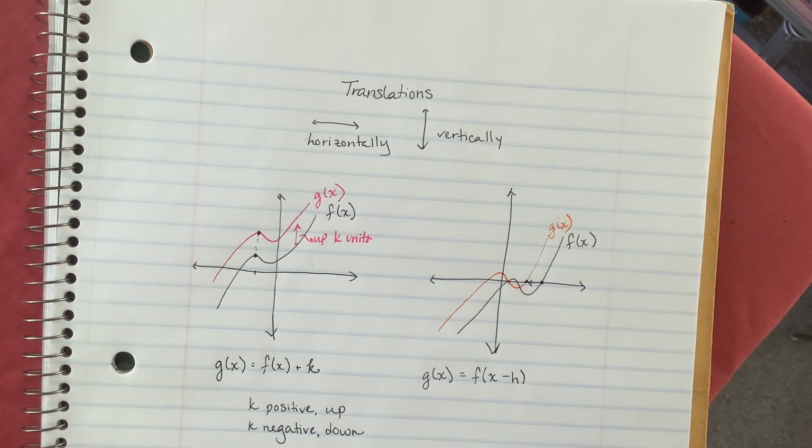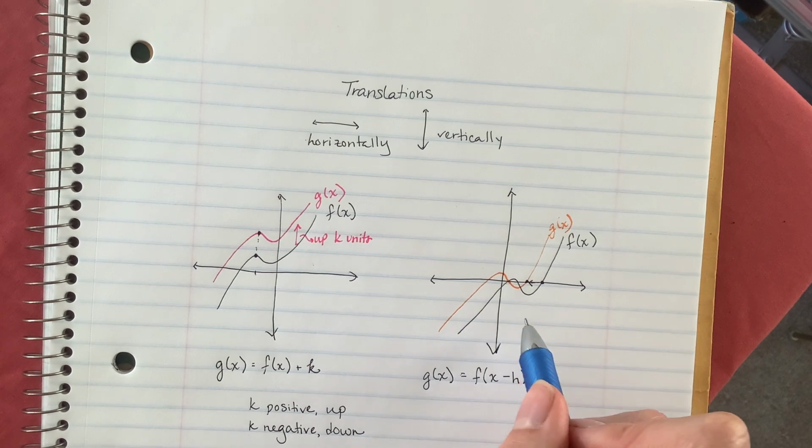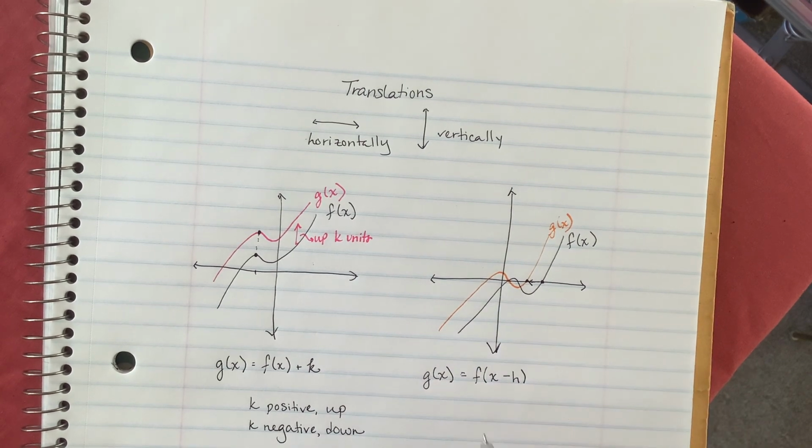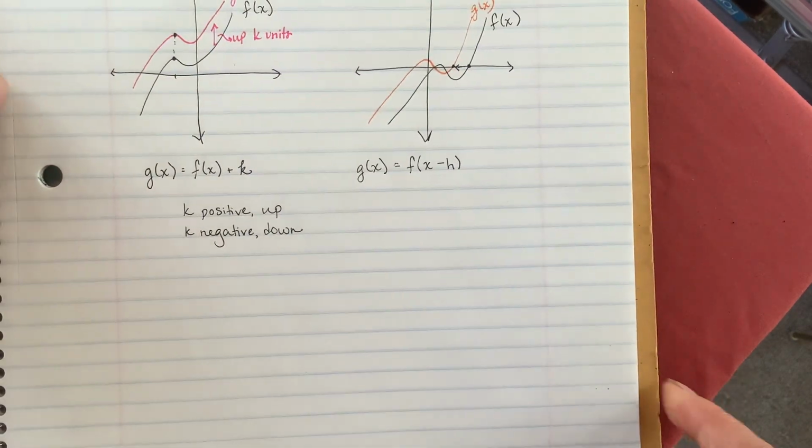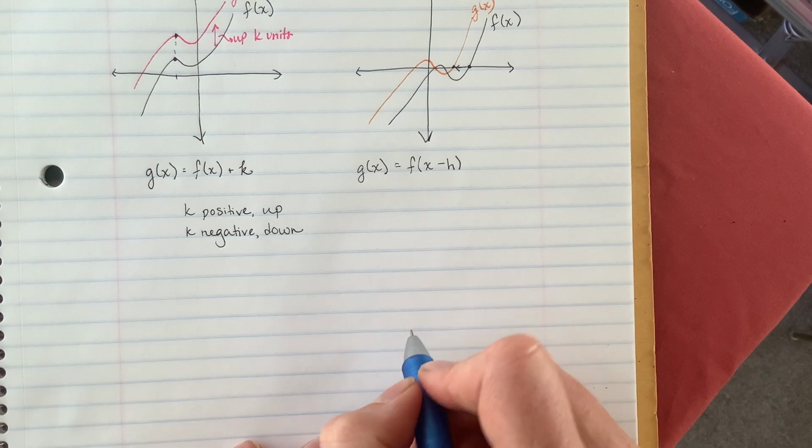And we'll talk about that a little bit more. But an important thing for you to notice is that in the vertical translation, we had plus k, and so if k was positive, we were moving upwards. In the horizontal translation, we have minus h. So a translation in the positive direction will end up looking like subtraction in our transformed equation. So to see why, let's do a really quick example